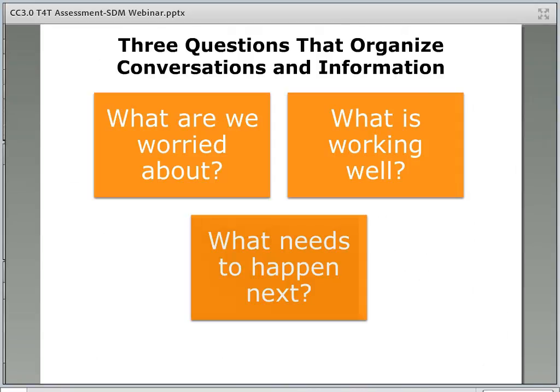In thinking about doing a rigorous balanced assessment, there are 3 basic questions to help guide us in our work. What are we worried about? What's working well? And what needs to happen next? Every interview and every stage in the life of a child welfare case needs to cover these 3 main issues,